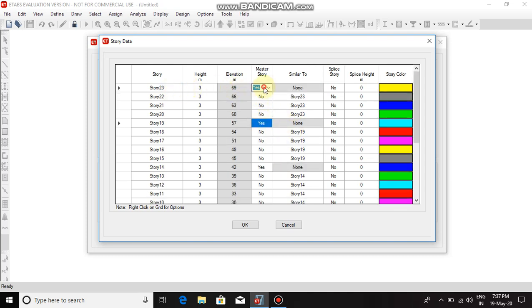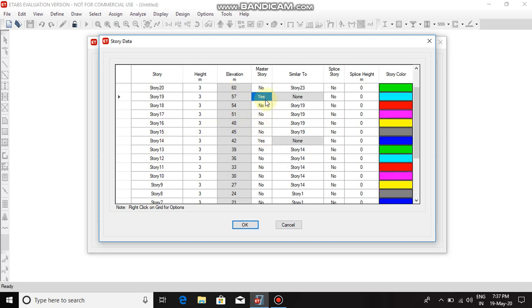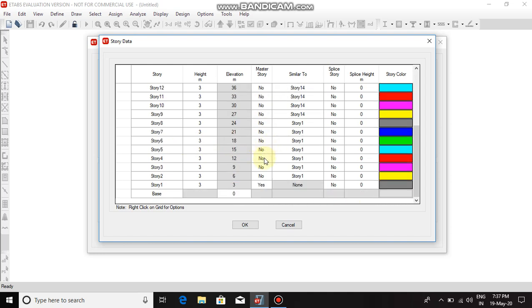Story 23 set as master story. Story 18 set as master story. For the third set, story 14 is set as master story. And story 1 is up to story 8. In this, story 1 is set as master story.